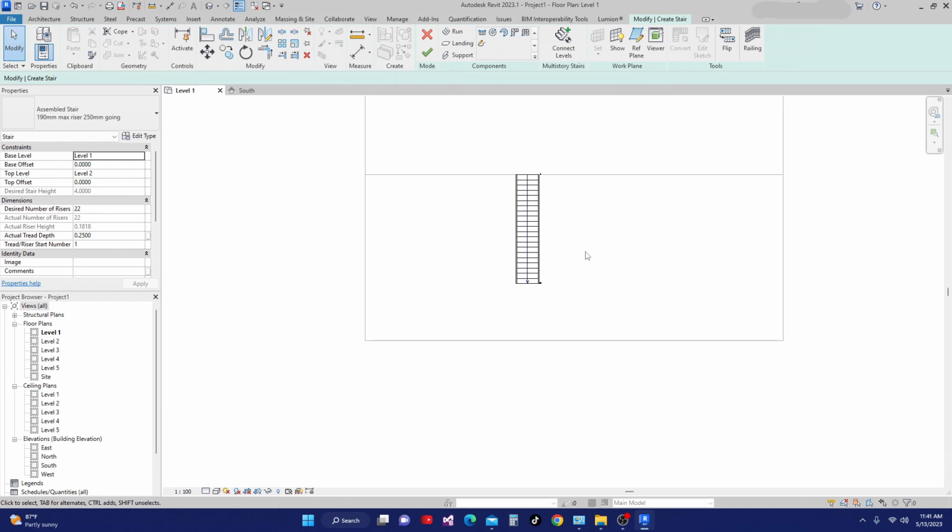So next, guys, I want you to be familiar with all of these properties, who have this base level. Imagine, guys, if I change this base level, I'll make a base offset of, let's say, 0.30. This desired number will not change, but these risers will change. So I make it 0.30, and then I hit apply, and you see the desired number is still the same, and this actual riser